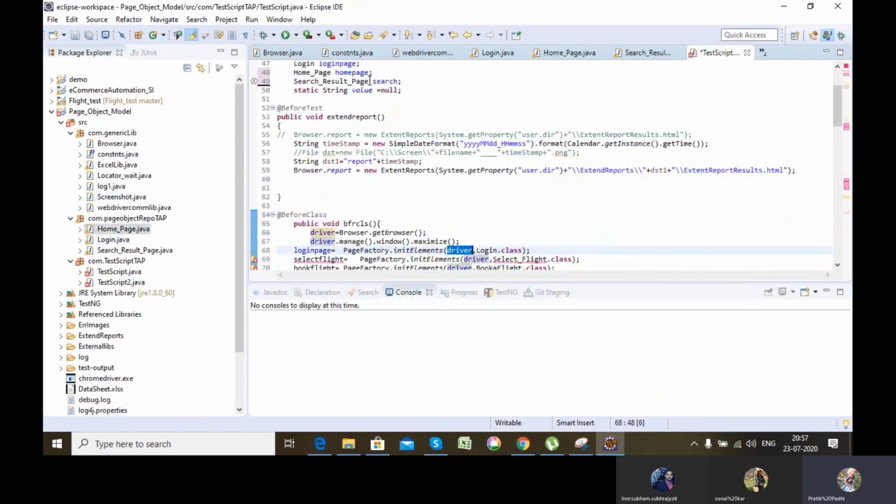Similarly, I can instantiate the home page.